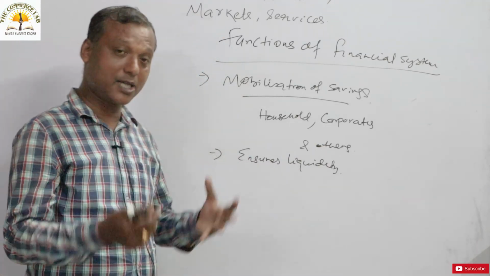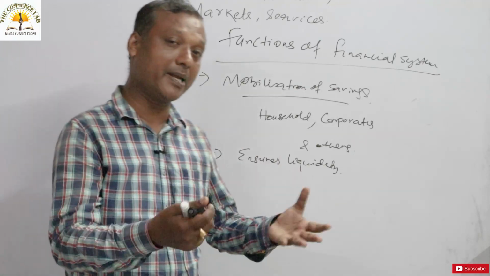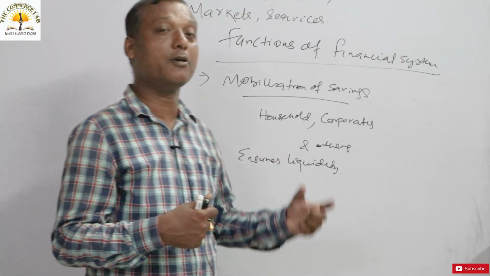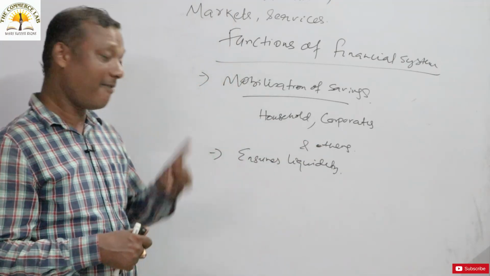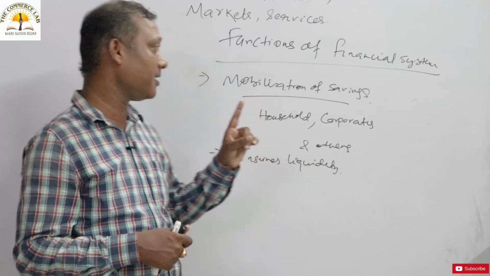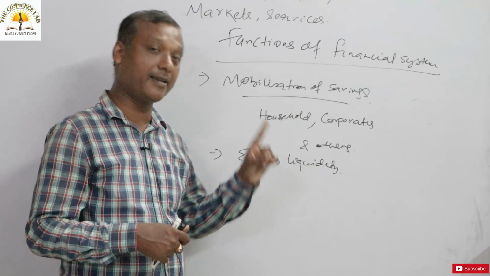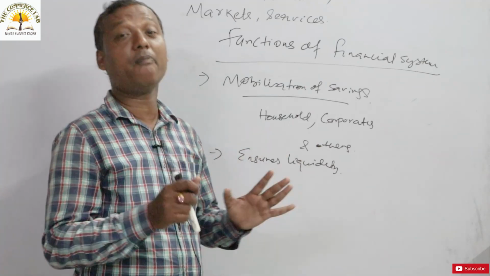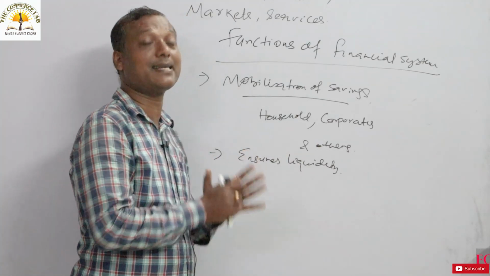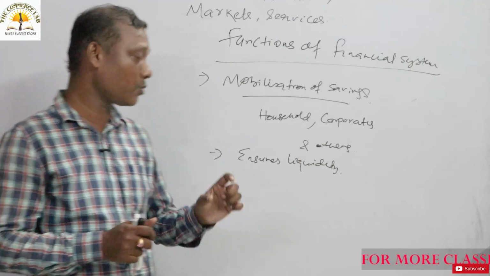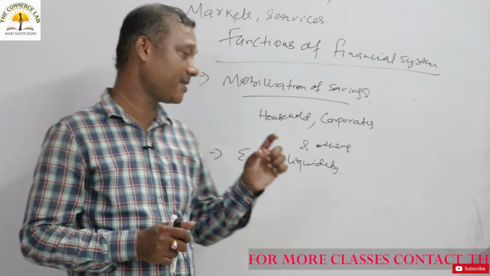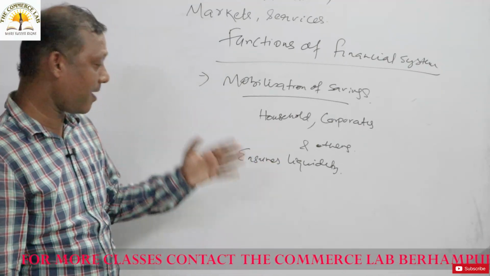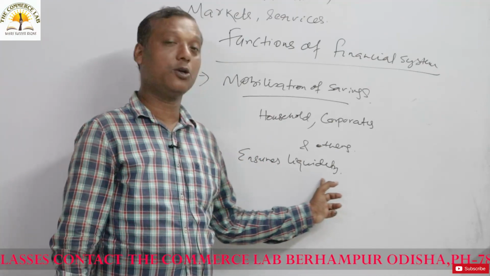In the sense, investors who are making investments, investors who are coming with money, will feel 100% strong and confident about the money they are going to invest in the market. You understood? It is the function, the priority of the financial system and financial market that it should first of all maintain liquidity in the economy, liquidity of fixed assets, so that the persons who are investing in fixed assets will feel confident and strong about their investment. So the second function is also important, that is ensuring liquidity.